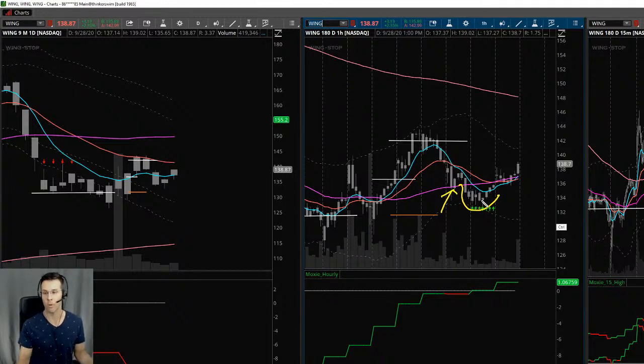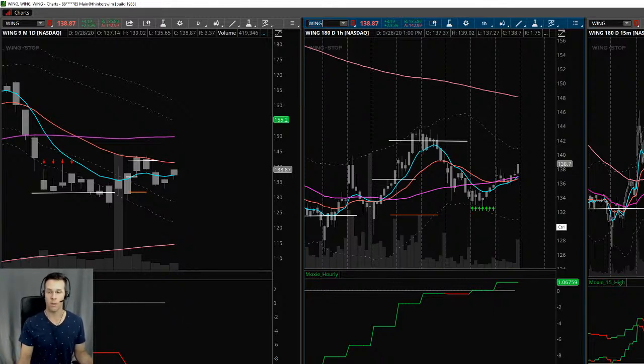So that's what I'm looking for to have happen. When did this happen? Like when did price start to go back down to the hourly 50? It did it right here when price broke and fell through the 15-minute 50. So that is my line in the sand of what I'm looking at. You can also see same thing I spoke about with the market itself: the market, the SPY, has not touched the 15-minute 50 yet.